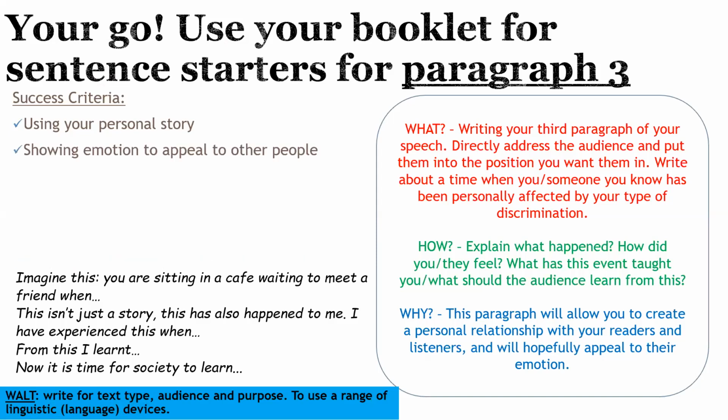Okay, we want to show emotion to appeal to other people. By using personal details, that does make us appear closer to people, so they're more likely to agree with you. Okay, powerful vocabulary, that's crucial here. Talk about feelings, talk about how this anecdote is something awful or positive that happened, but therefore it did still have an impact, and that's where you can use your vocab.